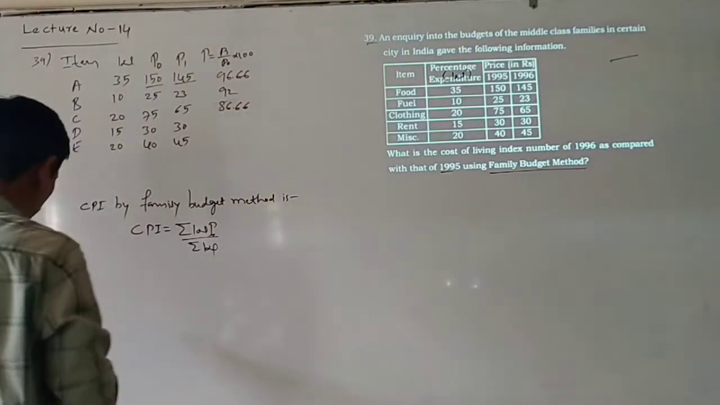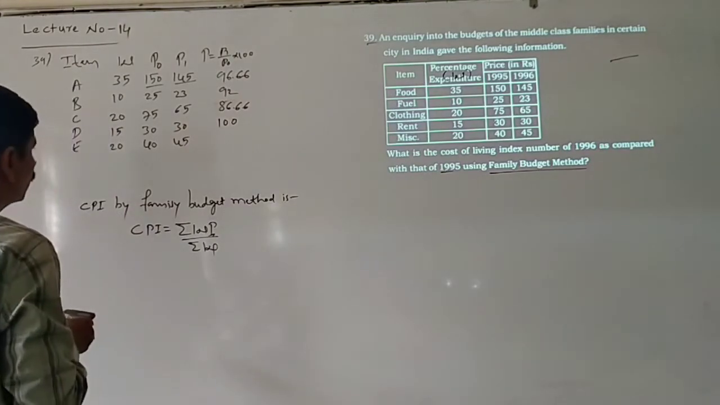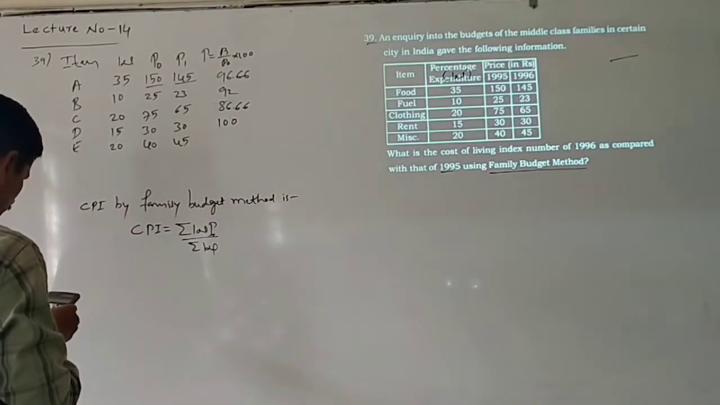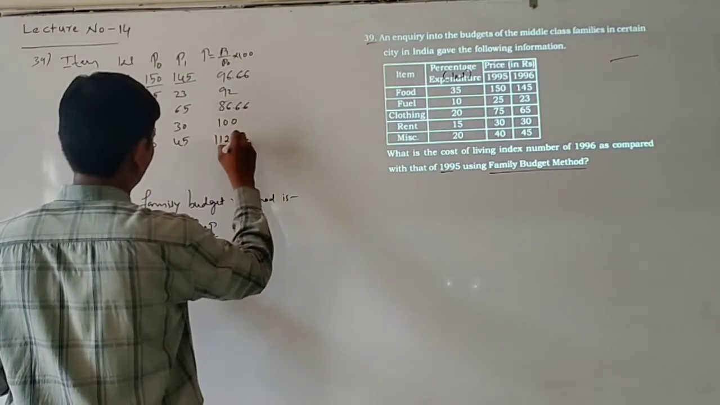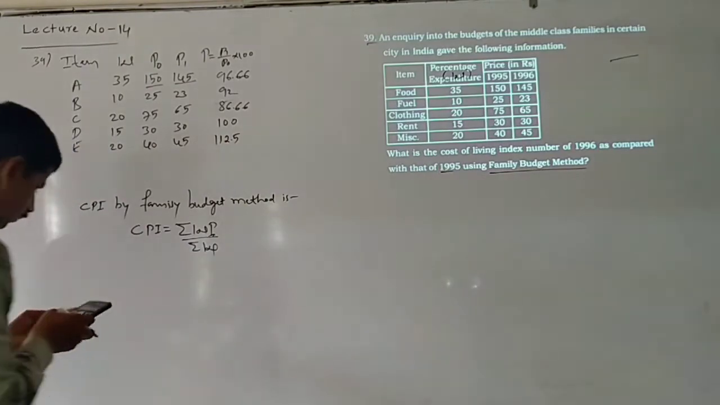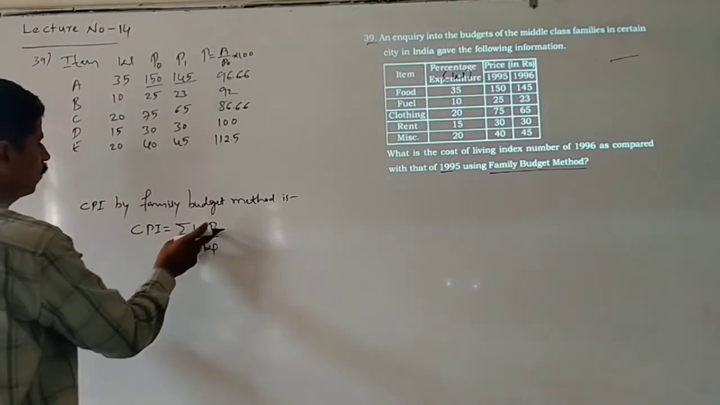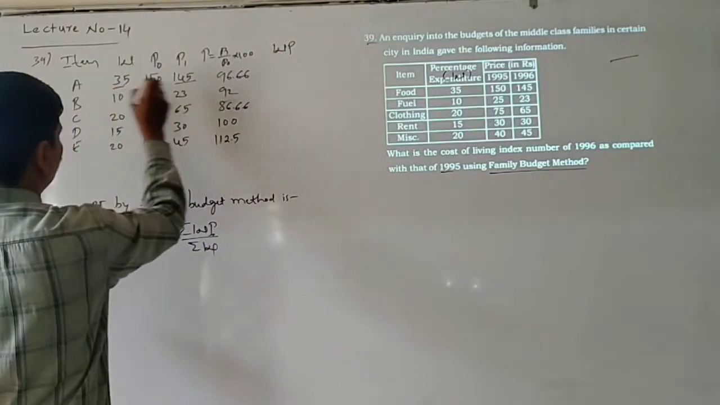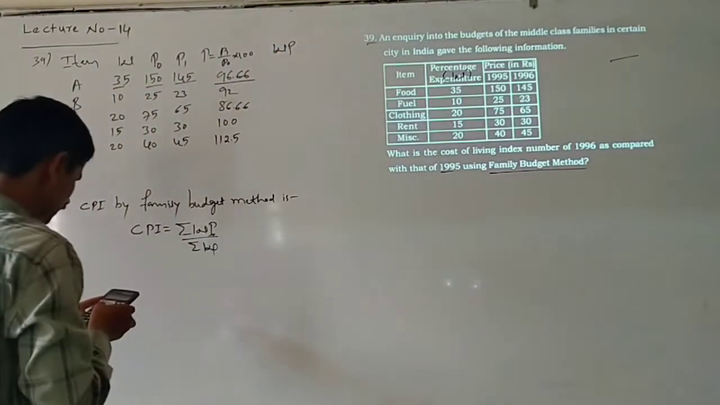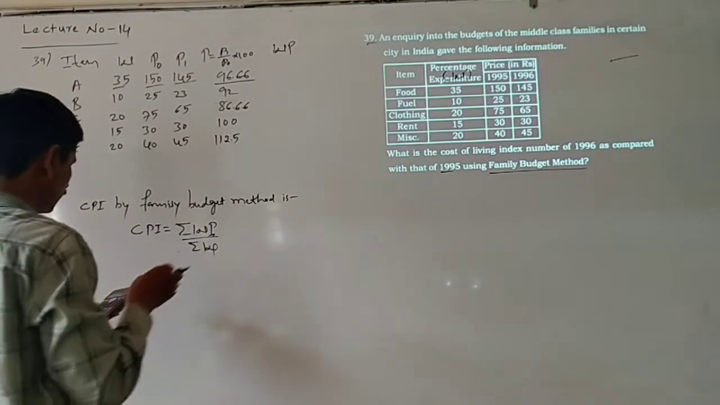The next, 30 divided by 30 into 100 is 100. 45 divided by 40 into 100 is 112.5. Here, the next, we have to multiply W into P. First W value is 35. 35 into 96.66 is